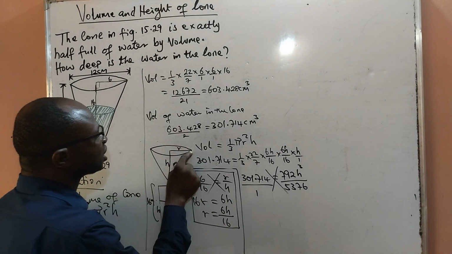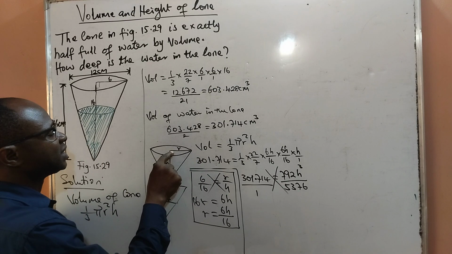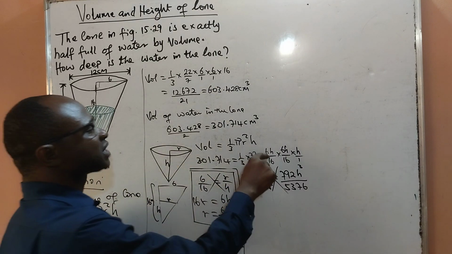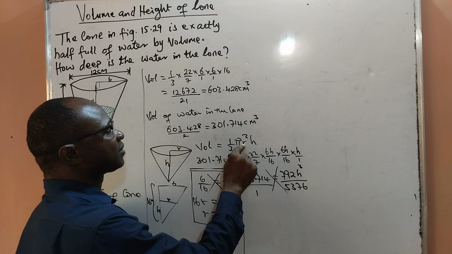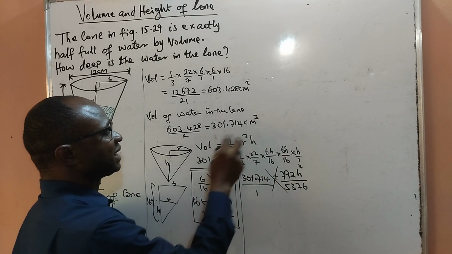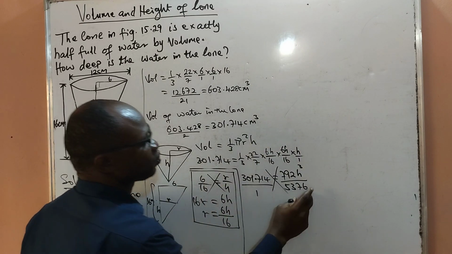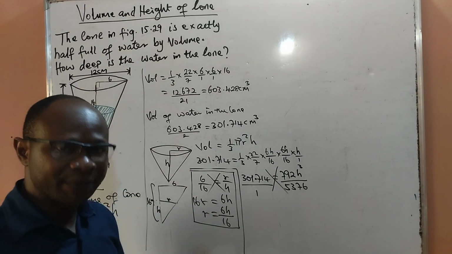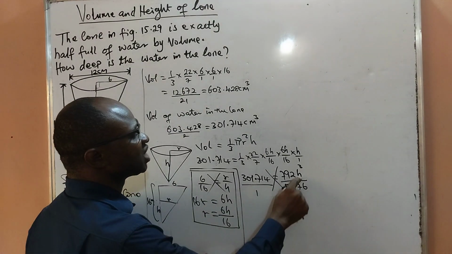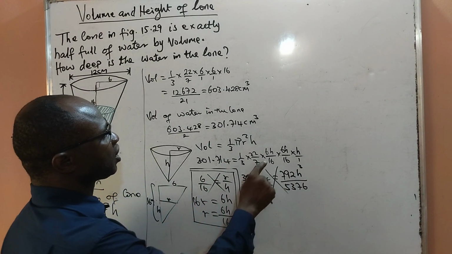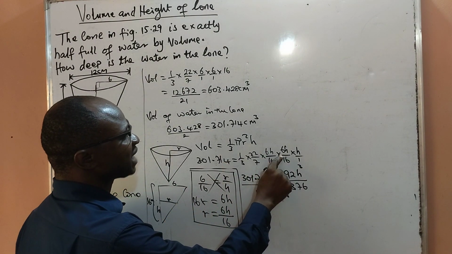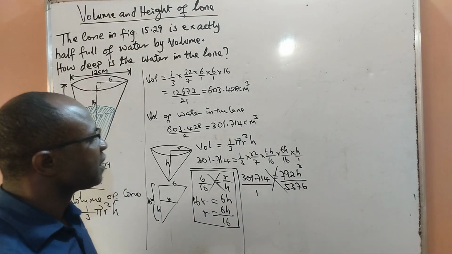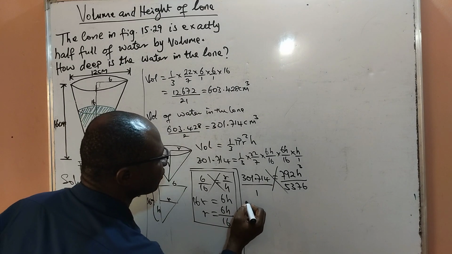And because I do not know the radius, I found my radius in terms of h and substituted it into the position of r squared. And having solved it, this is where I am now. I can now make h the subject of the formula. Remember what I have here is h to the power 3, because this is 6h times 6h times h in 3 places. Very good. By cross multiplication, I will have